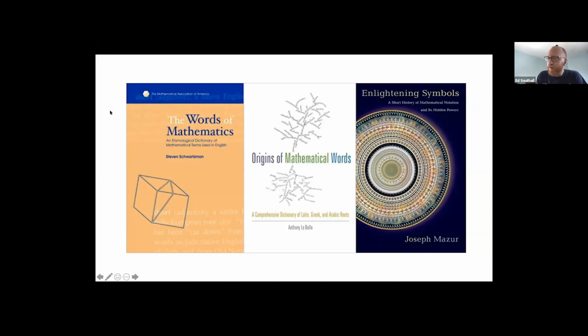And the last one is a lovely book called Enlightening Symbols by Joseph Mazur. Again, really, really informative. So if you are interested in this stuff, if there's more you want to learn about etymology and the origin of symbols and things like that in maths, then I would strongly recommend those 3 books as a kind of launch pad. They're all academics as well, so they've got papers and journals alongside this that you can look at in your own time.